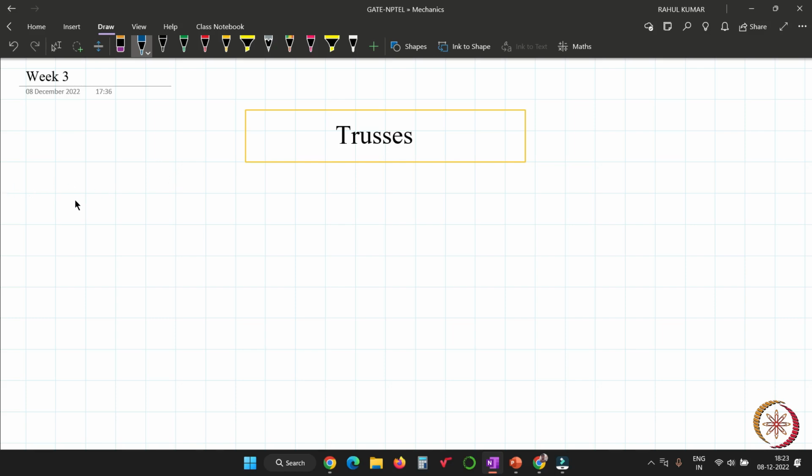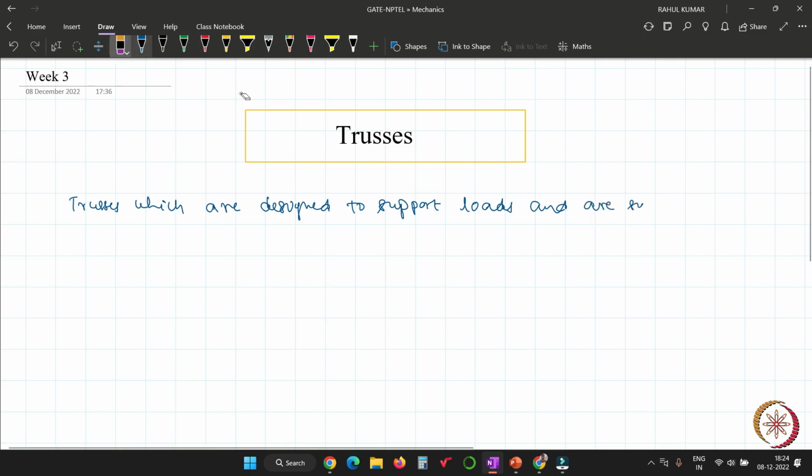So trusses which are designed to support loads and are usually